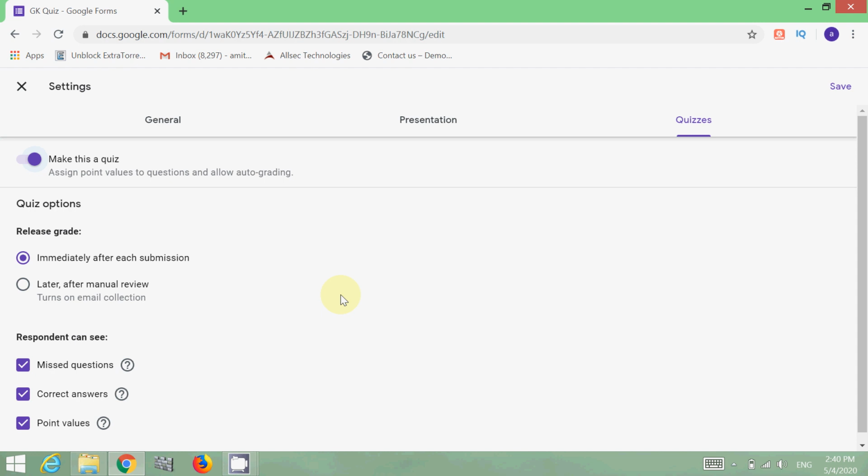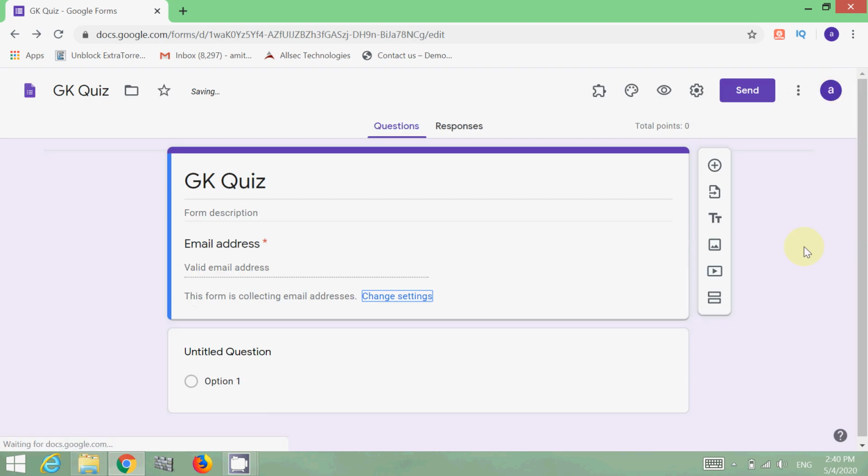After making changes in the settings, make sure that you are saving them. So just click on the save button. So the first part is over. That is how you can make the changes in the settings if you want to use the Google Form for the quiz. Now, as we have enabled collect email addresses, there is one option added, that is email addresses. So you have to enter valid email addresses. If you are not entering valid email addresses, then that particular student or participant will not be able to go further in the Google Form.